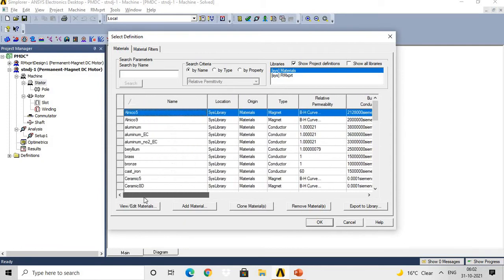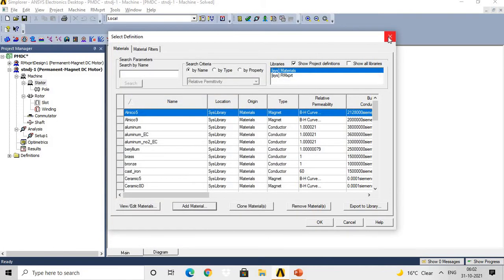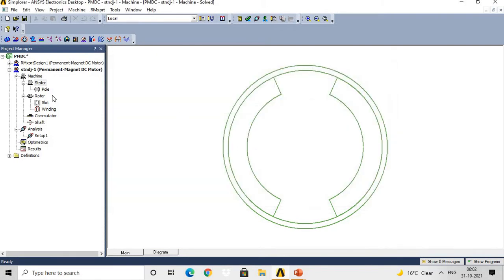If you have this information, you just need to click on add material, give the information, and add the material to this library. This is the use of adding to the material library. But for this demonstration we have selected the M19_24G material.